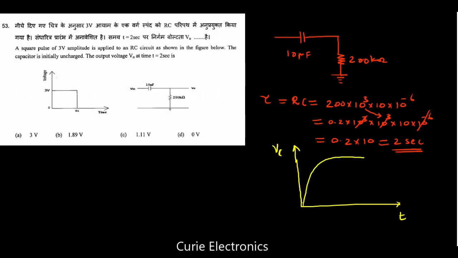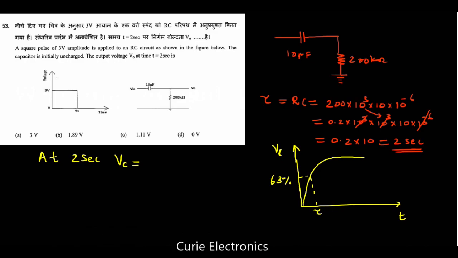The time taken for the capacitor to charge to 63% of the max value is one time constant, that is 2 seconds. The capacitor will charge to 63% of the 3 volt. 3 volt is the maximum voltage this capacitor can get charged to, because that is the source, 3 volt. Now we'll find after one tau what is the voltage across this capacitor. At 2 seconds Vc equals,